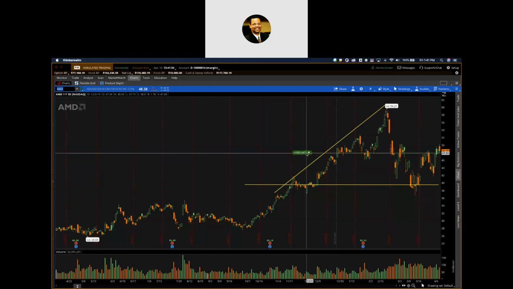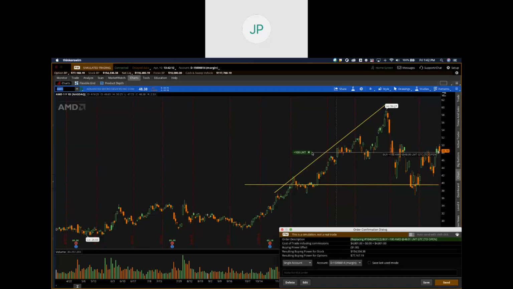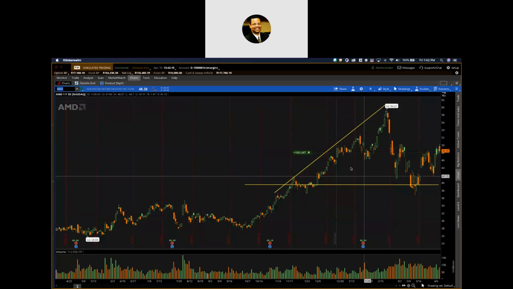Now, if I wanted to change the price that I'm buying it at, I could move this up or down to change where I want to buy it. You see the price changing as I move it up and down? Yeah. All right. So it gives you all that flexibility. And then it asks you if you want to do it or not. You say no, and you leave. So you can make those adjustments on the fly just like that. There are many ways to do the same thing, basically, is what I'm showing you.